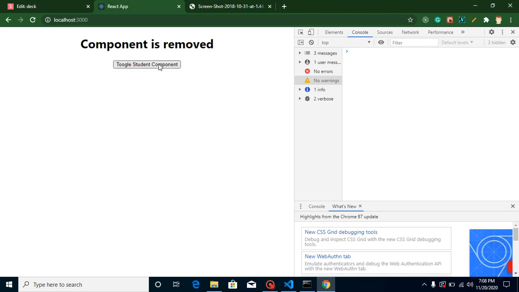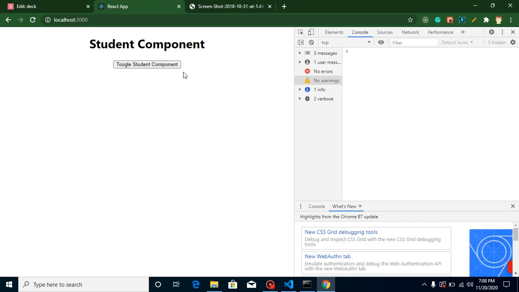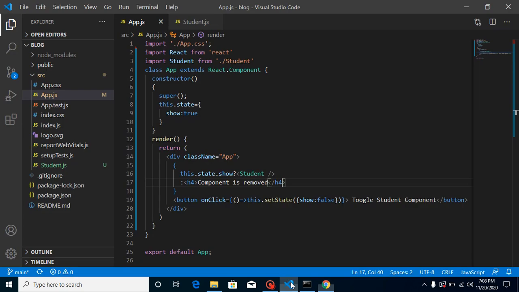And here you can see that the component is actually removed from here. This is not giving a great impact, so I'm going to make a small text so that we can clearly see that our component is actually removed. That's okay. So now whenever our student component is removed,